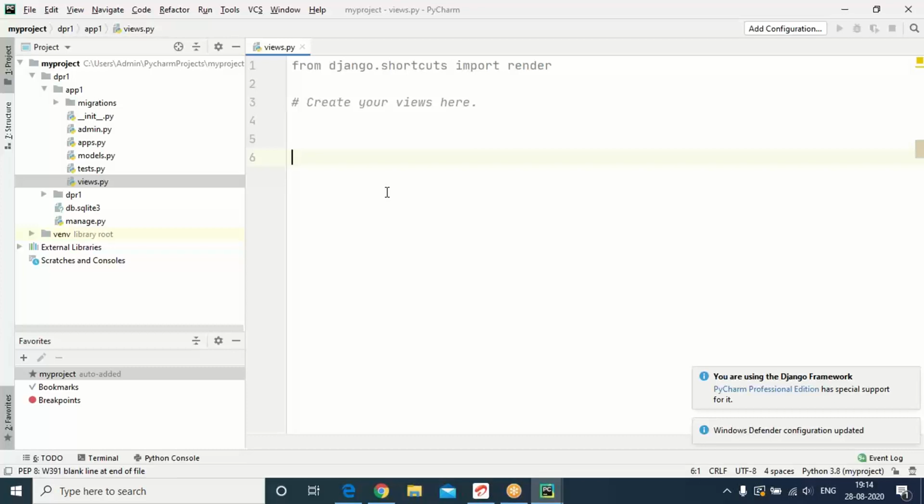Let me define one simple Python function. I'm using a simple function with the name test. It has to take one argument. Choose that argument as request. Return